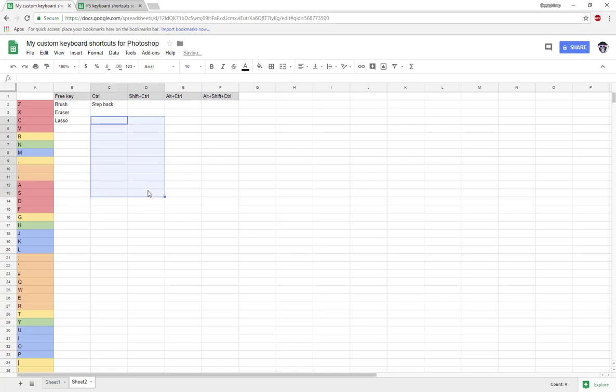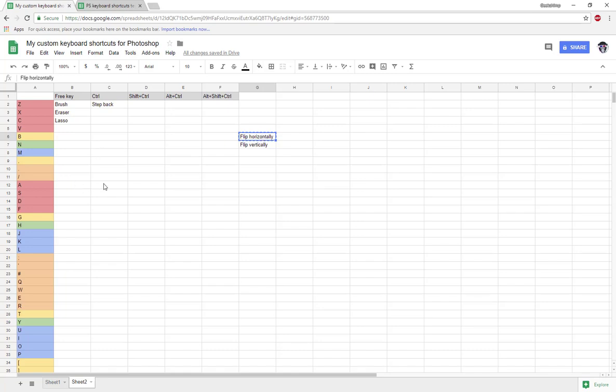Let me show you a more simple example. So, for instance, flip horizontally and flip vertically. I do flip horizontally much more often than flip vertically. So in principle, it's much higher in priority. So one could say that maybe I have this, I don't remember. I have flip horizontally in Control